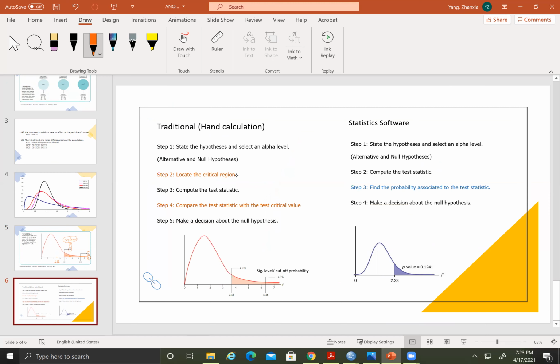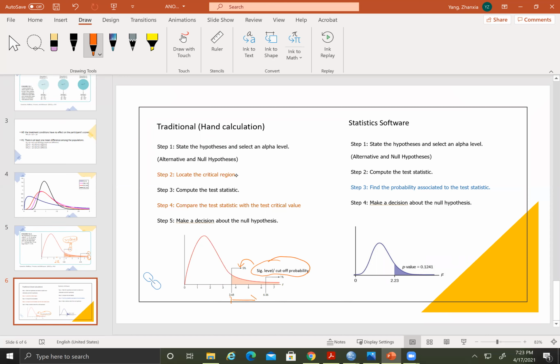The critical region is basically the F value associated to the significance level. Here I said the significance level is also the cutoff probability that we choose. For example, if we select 0.05, then the critical region for this specific distribution will be